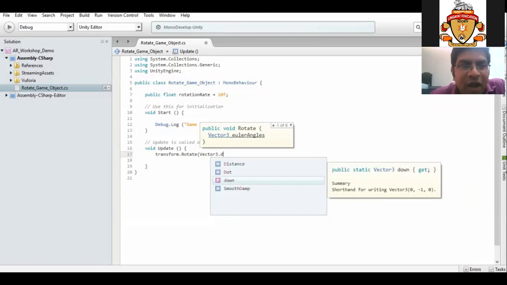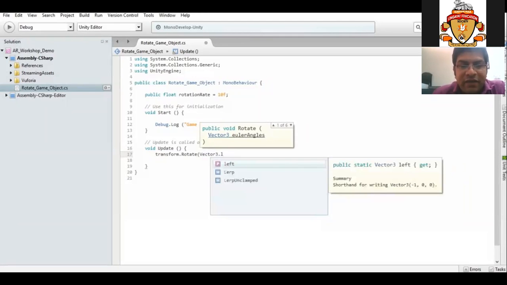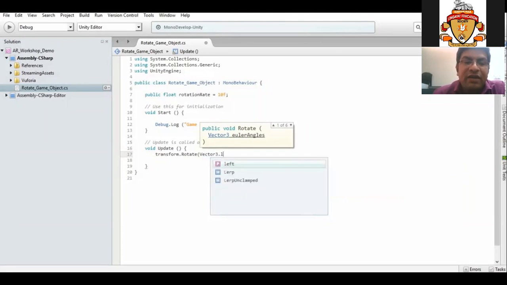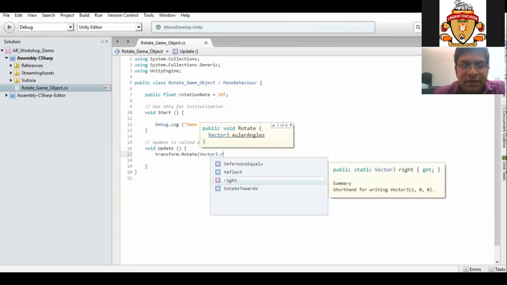If I want to rotate it upward, left side, right side, in whatever direction I want, we can write that command. If I write transform.Rotate Vector3.up, it comes as up. If I write down, it will come as down. If I write left, it will go left. If I write right, it will go right. Okay, so I'm selecting down over here.